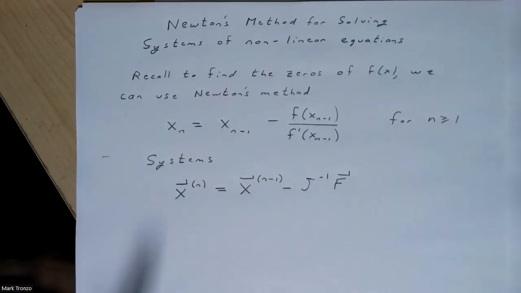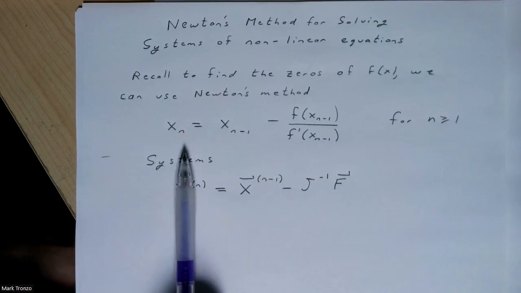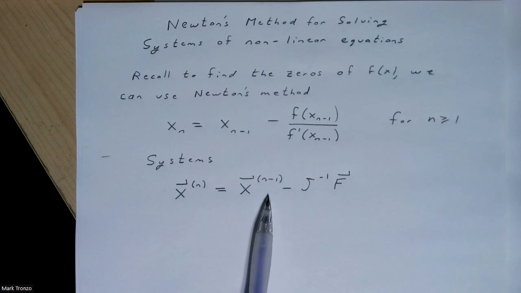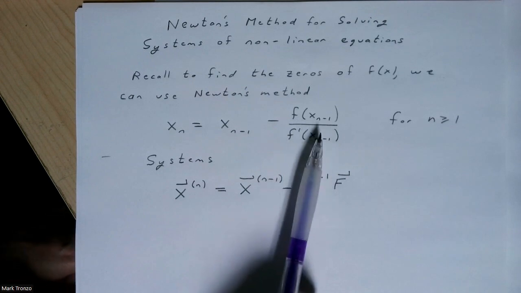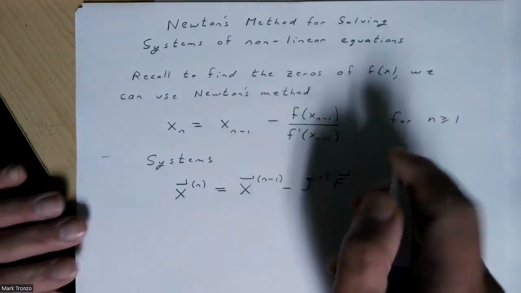So it's similar to what we did before. Once again, the n is kind of the step number. So just like before, we have n, and then we're going to put in the value at n minus 1. And we're going to have our function, and it's going to be evaluated